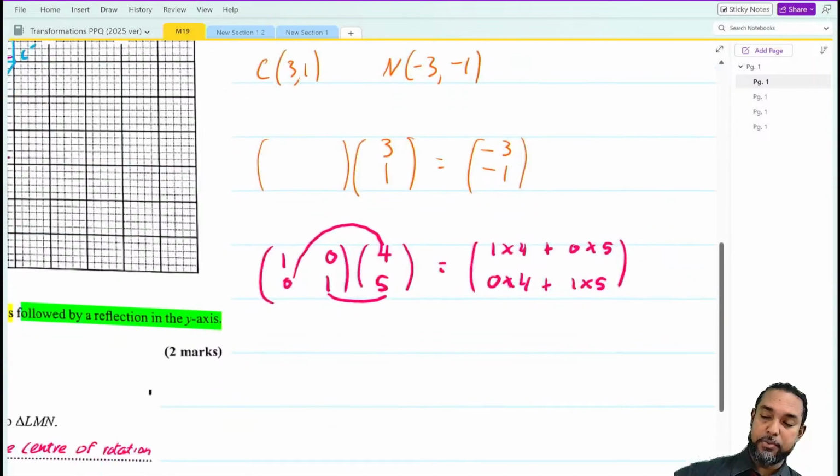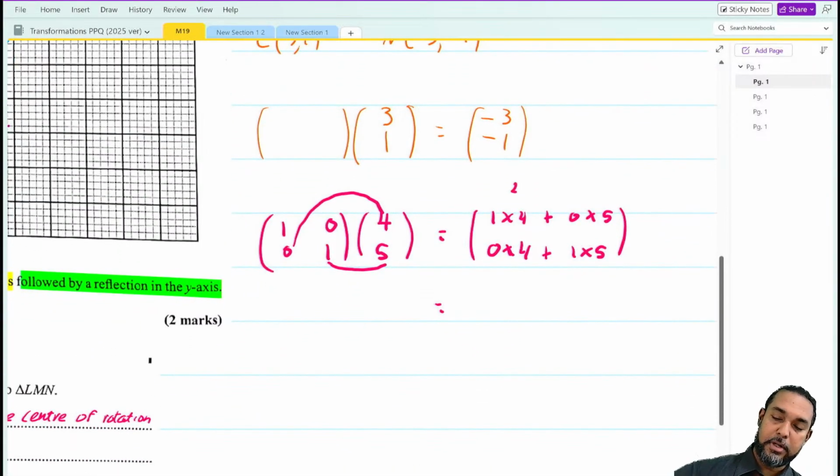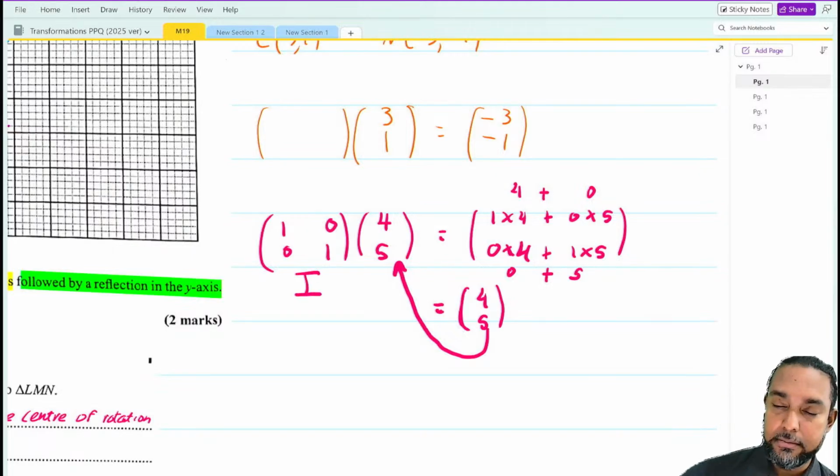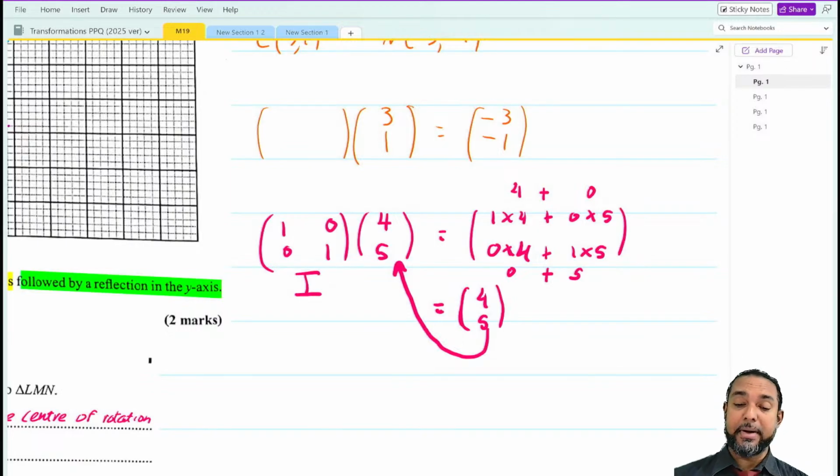Okay, let's simplify. What's 1 by 4? That's 4. What's 0 by anything? 0. And then in the second row, 0 by anything is 0. And 1 by 5 is 5. So 4 plus 0 will give us back 4. And 0 plus 5 will give us back 5. Is this not the same as that? Right. So again, 1, 0, 0, 1 is called the identity matrix. Multiplying it by any compatible matrix is like multiplying by 1. It leaves the elements unchanged.